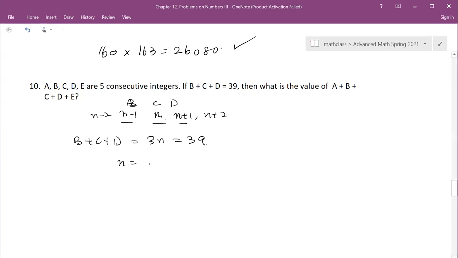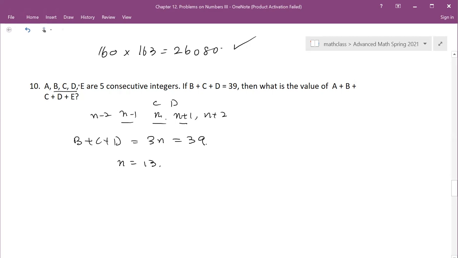So no, N is 11. Yeah, 11 times... that's 39, right? 13. So once you get 13, then let's double check. Okay, let's check. B, C, D is in the middle. Yeah, B, C, D is in the middle, right? So